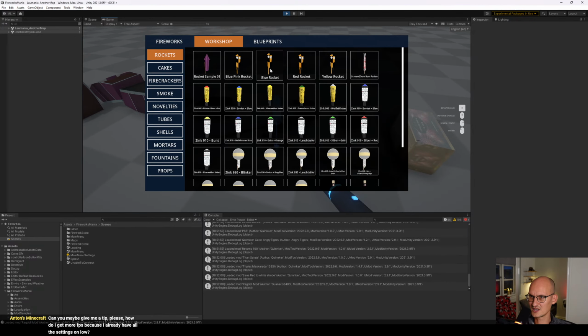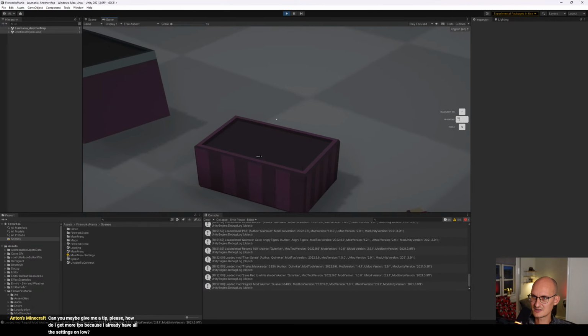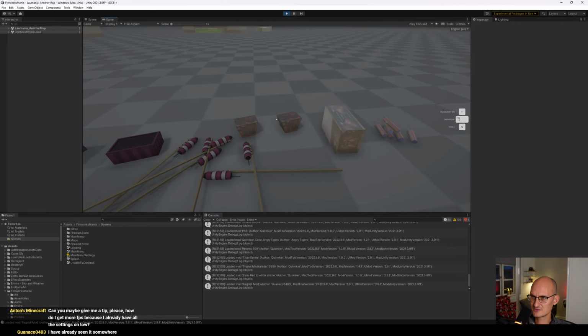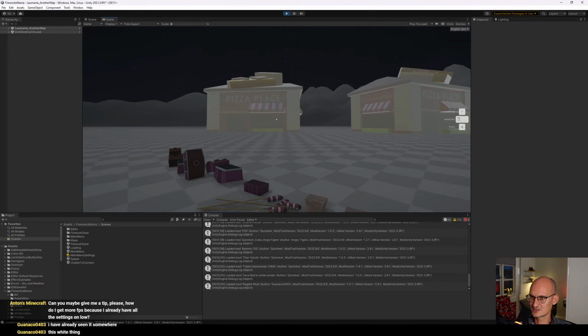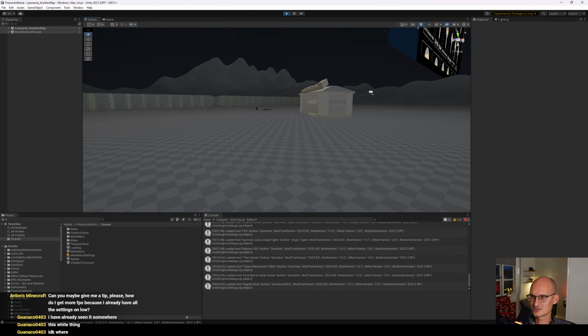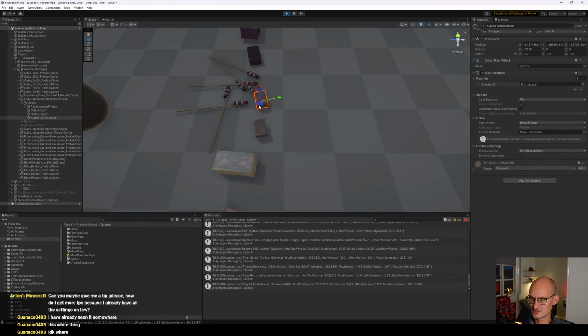Oh, no, this one is custom too, but I'm pretty sure this one uses the same material as these ones, so that looks fine. So there's something with the materials on this one and this one. Okay, that makes it look this weird. Not that I want to change the material and everything, but